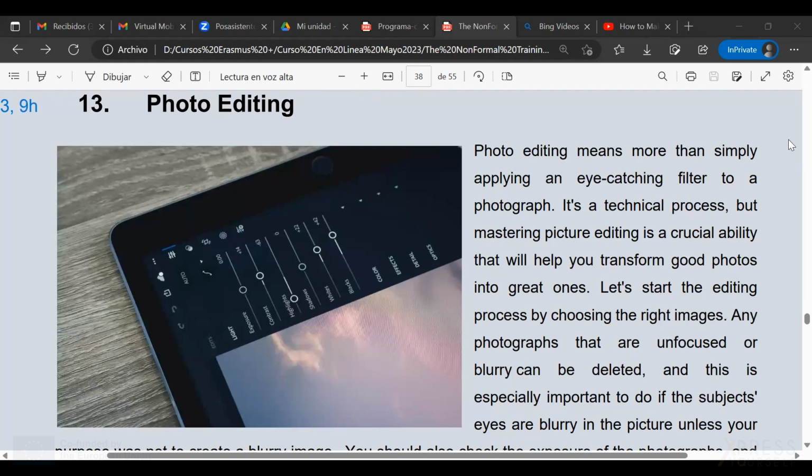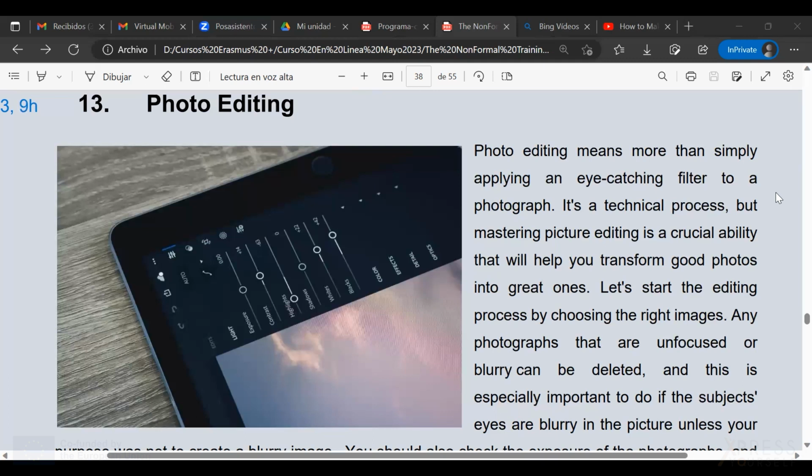It happens sometimes, but I am sure some of you have already used photo editing, not necessarily with software, but maybe with your cell phone. Most of us have cropped or cut a picture in order to share it in our profiles or in our stories. So that is also photo editing, as we will see.